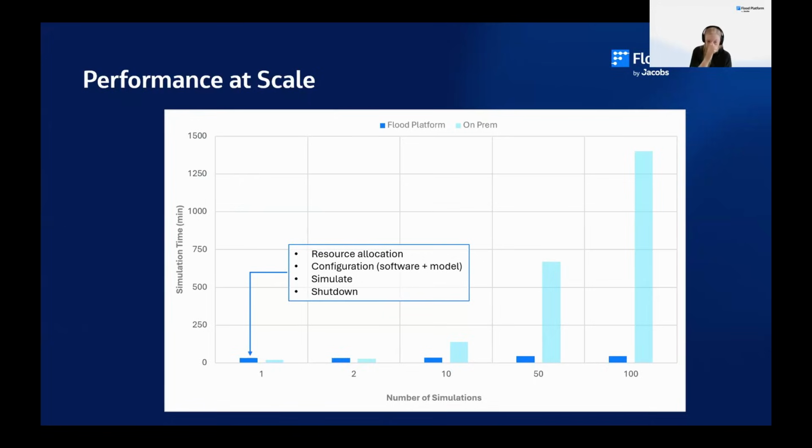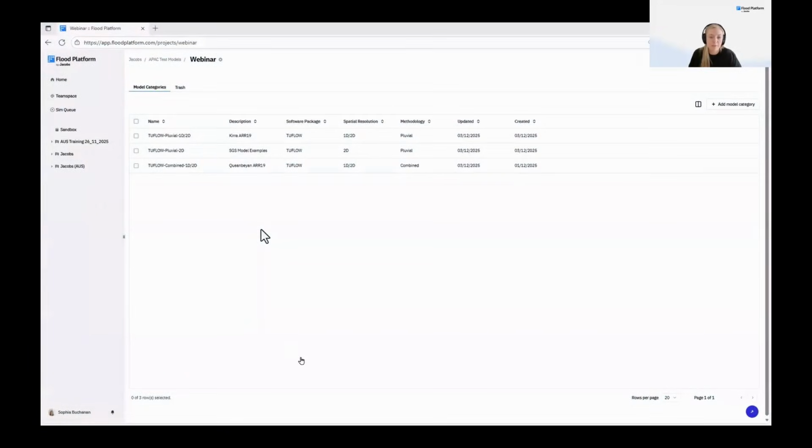And just to look at the overheads that we have with cloud, is why a single simulation costs or takes longer is just because of this resource allocation and the configuration. We also have to shut down the machine because the last thing you want to do is be paying for a cloud resource when you're not using it. So we only pay for when you use it, plus the little time up front and afterwards to start it up and to shut it down for you. So we'll fly through this.